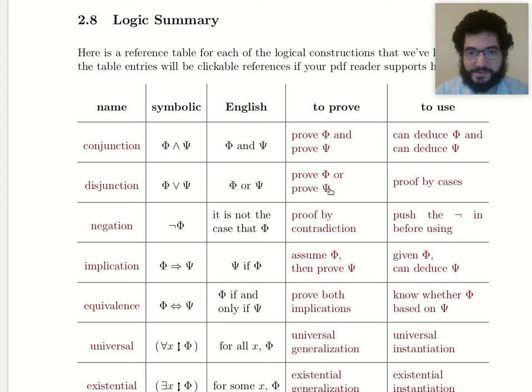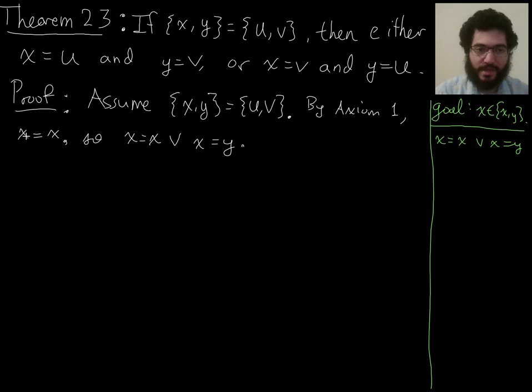There I'm using the basic rule for or, by the way, where knowing just phi or psi individually lets me deduce phi or psi. So I'm going from x equals x to x equals x or something. Okay, so therefore x is in